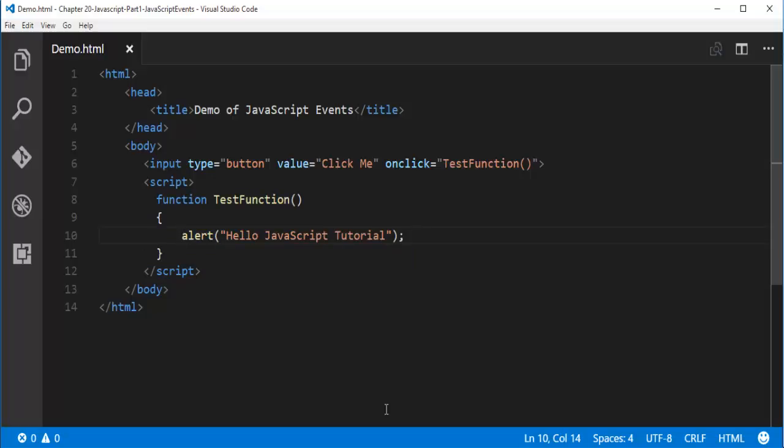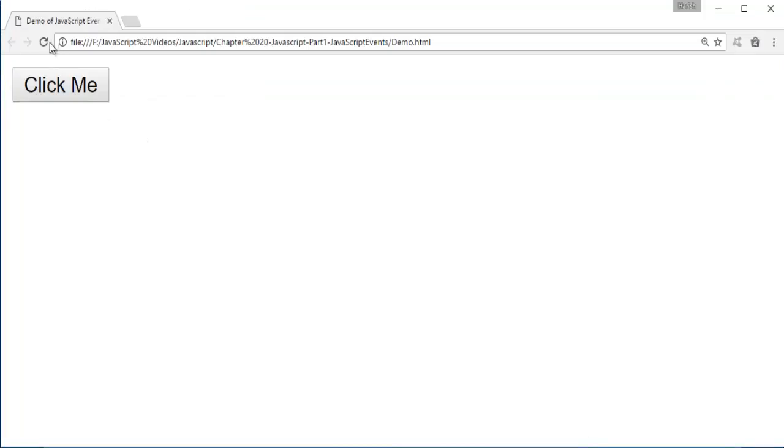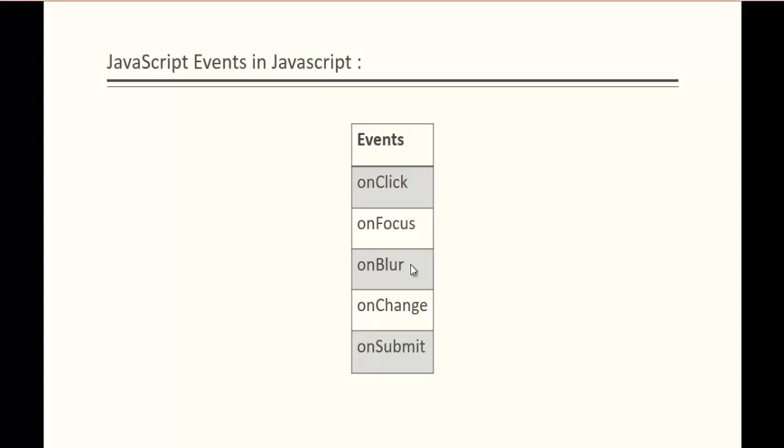Now when I do Control S, let me go back to the browser, and now I'll refresh the page. Now you observe very clearly, when I click on this button, I'll get a pop-up message telling like hello JavaScript tutorial. This is how you can attach an event to an HTML control. OnClick, this is what we learned about the OnClick event, and similarly we have other events like OnFocus, OnBlur, OnChange